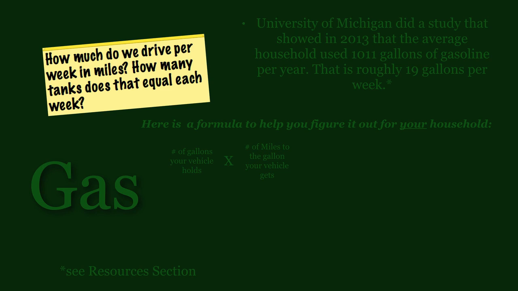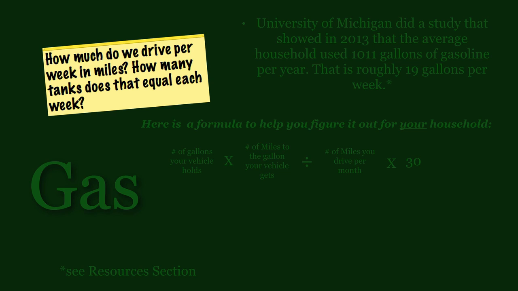You're first going to take the number of gallons your vehicle holds. Traditionally, when you buy your car, they're going to tell you it holds 15 gallons, and then how many miles per gallon it gets. So you're going to take the number of gallons your vehicle holds times the number of miles to the gallon your vehicle gets, and that's going to give you the number of miles you can go on a tank of gas. Then we're going to divide that by